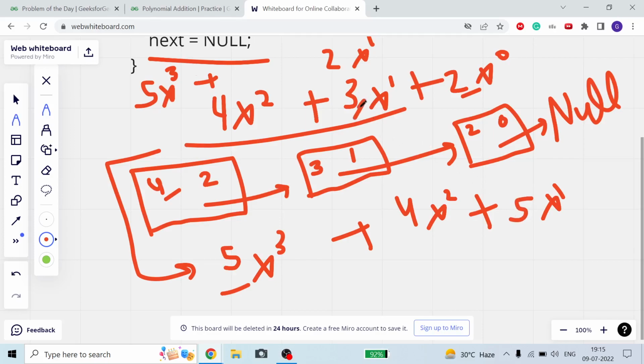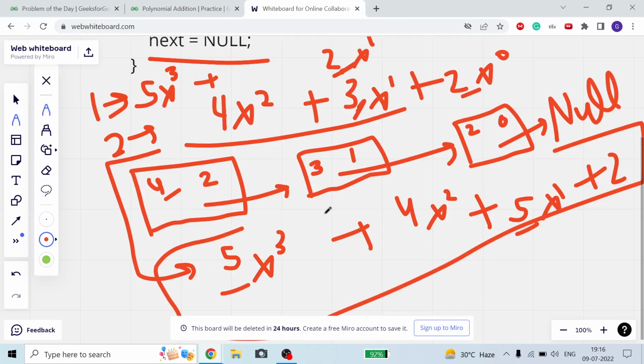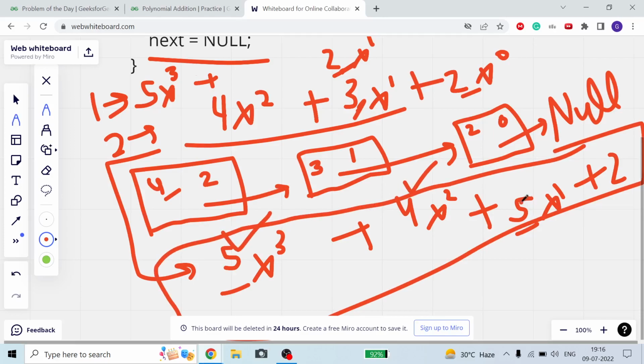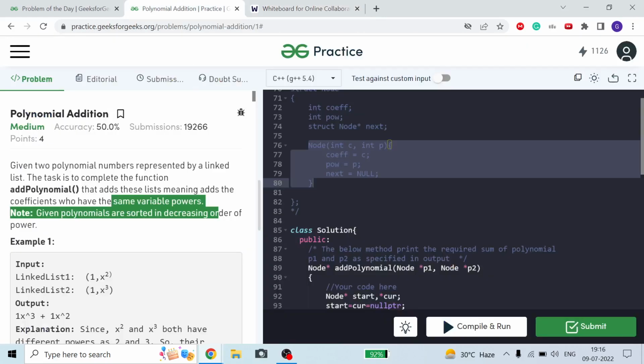Why? Because the second polynomial also contains some coefficient of x, and the first polynomial also contains some coefficient of x. So both coefficients are added and the power remains the same: x raised to power 1 has coefficient 3 plus 2, that is 5. Now the coefficient of x raised to power 0 is 2. So our addition polynomial is this, where this is same, this is same, this is updated, this is same. Okay guys, so this is how we will add our polynomials.